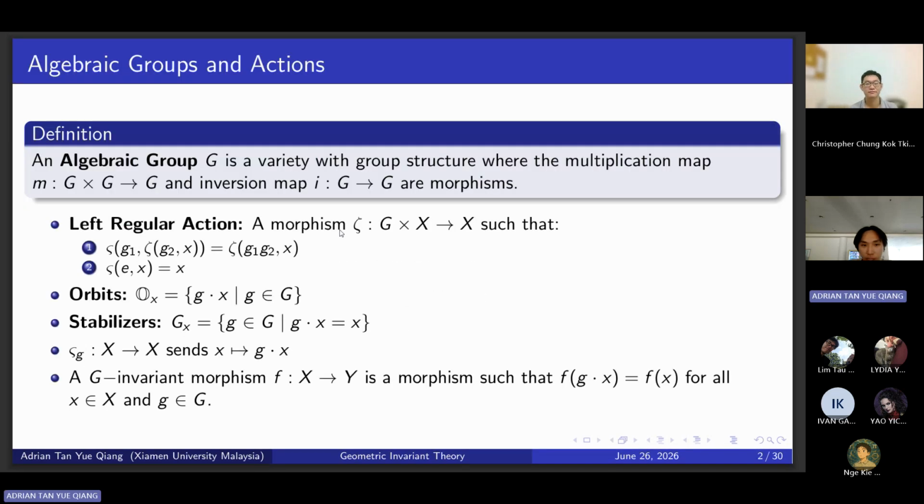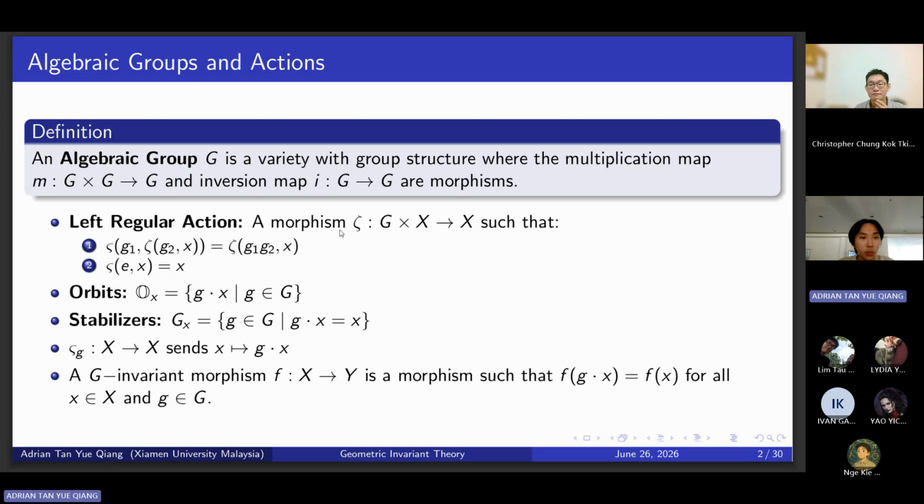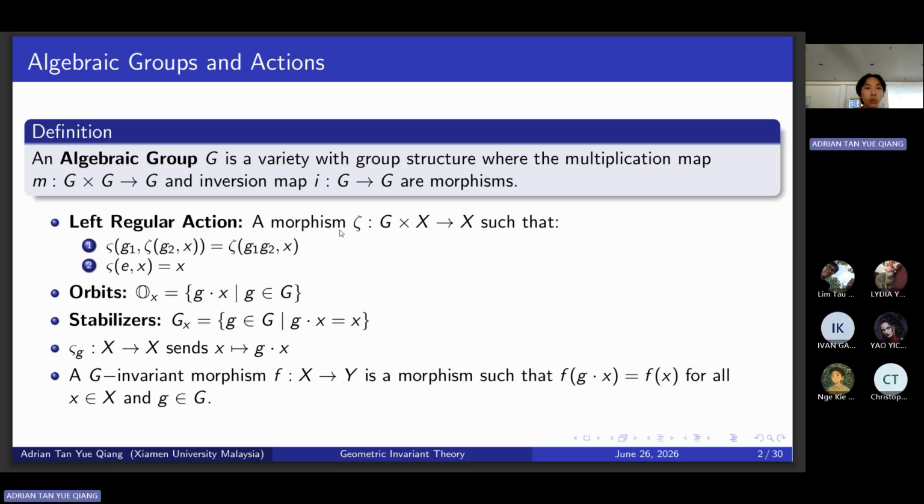So let us start off with one of the main objects, which is an algebraic group, which is what we're going to use to define an action on any variety. An algebraic group is a variety that is also a group, and it has a multiplication map and an inversion map, which are both regular morphisms. In this whole presentation, we're going to consider the left regular action, which satisfies these two conditions,